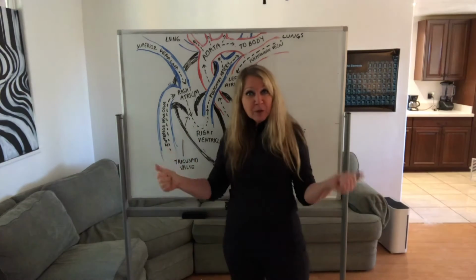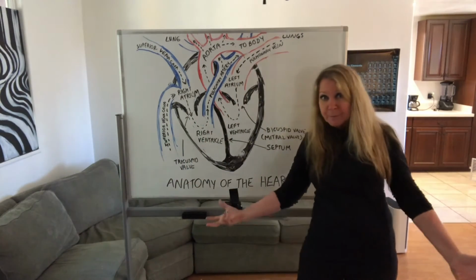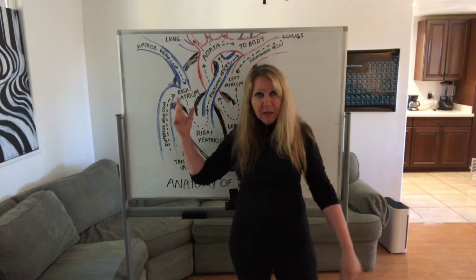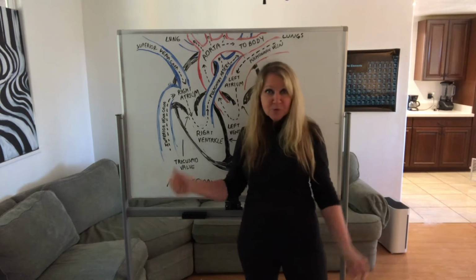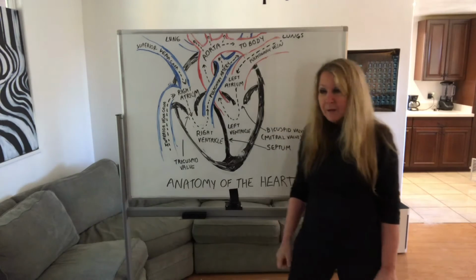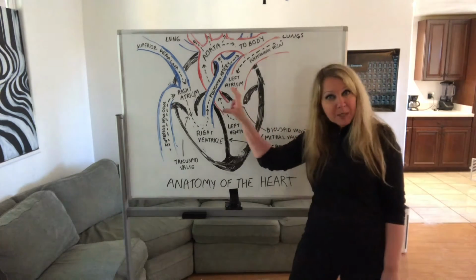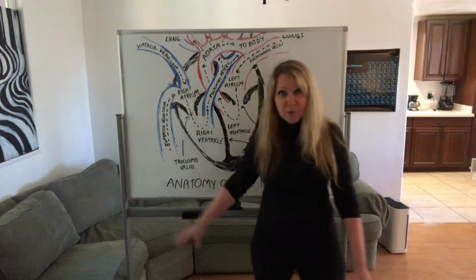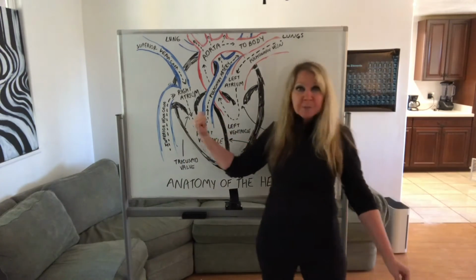Today we are going to talk about our heart and the chambers of our heart and the pathway in which blood flows through our heart. Now, here we have a picture of the anatomy of a human heart. So we are looking at it from the perspective